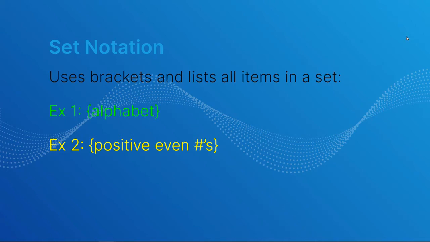So set notation is something new you haven't seen. It uses brackets and lists all of the elements in the set. So an example is a bracket, which is this funny looking swirly thing, and then you would list out all of the letters of the alphabet. Or you could do a bracket listing all of the even numbers